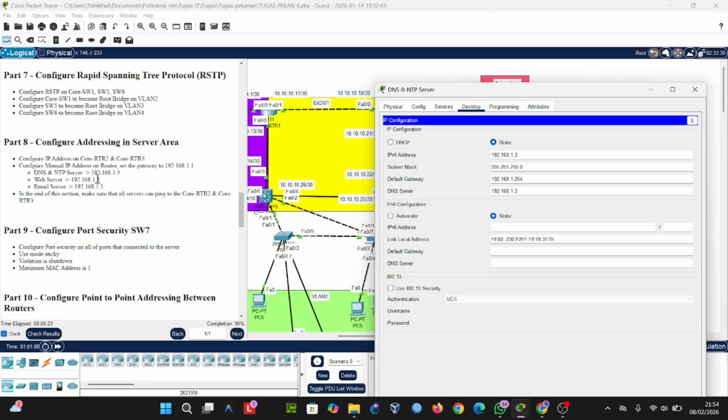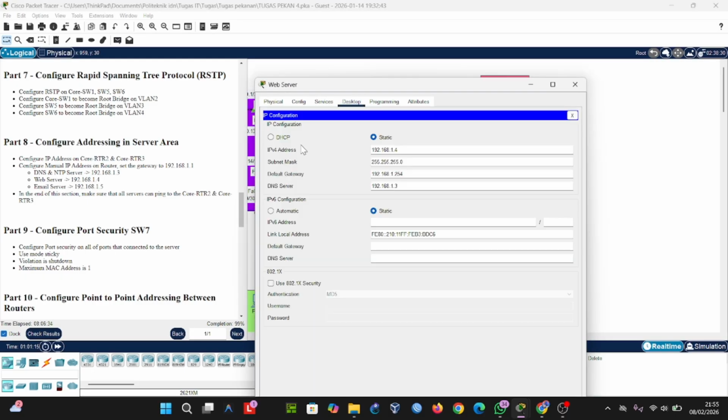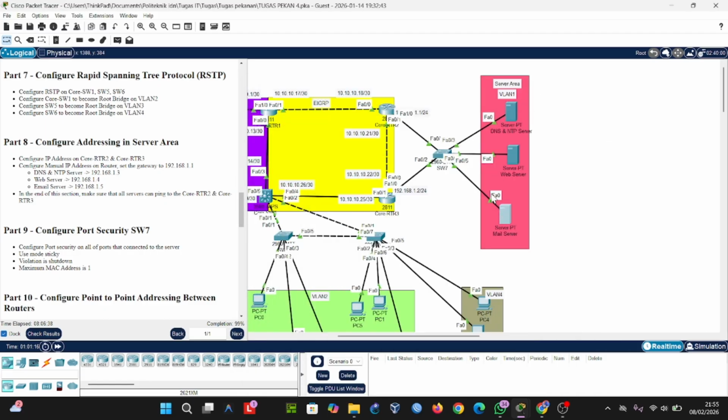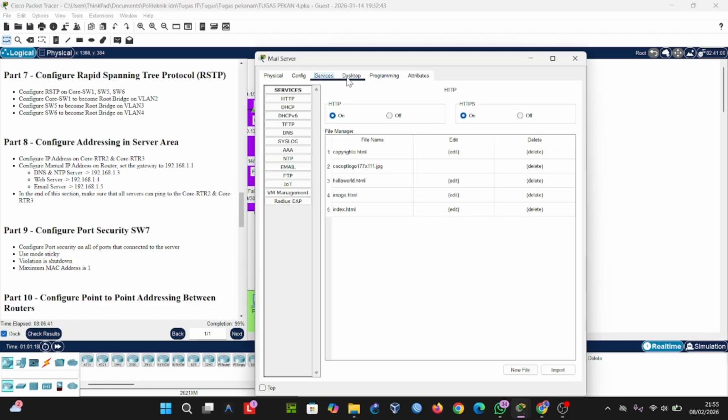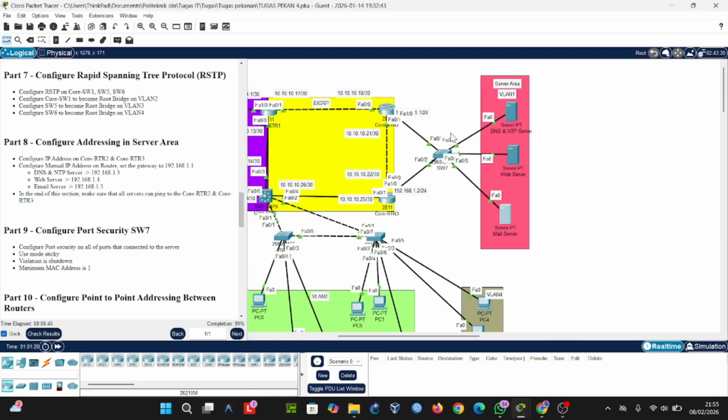We must make the IP address 1.3 for the DNS server, and for the web server the IP address is 1.4, and the consumer server is 1.5.